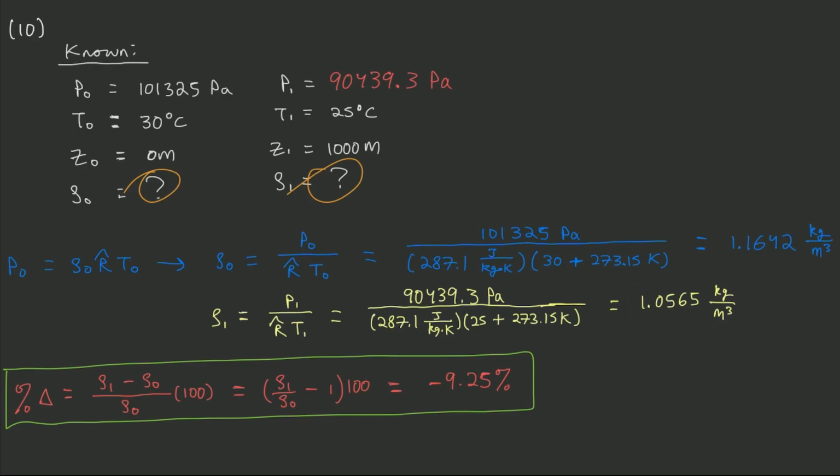Now, if we find the percent difference between the density at 1 and the density at 0, so to speak, and we use this equation to do so, the percent difference equation, we see that our percent reduction in density is 9.25%. So our density at our level 1 is 9.25% lower than our density at 0. So we have experienced a 9.25% reduction in density, going from 0 meters at 30 degrees Celsius to 1,000 meters